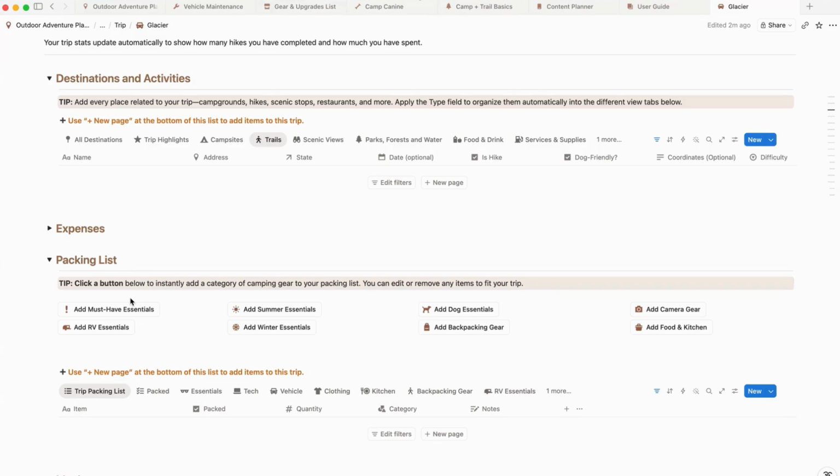And the packing buttons are set up to automatically fill once you press a button. And I tried to think about the most common things that you'll pack, whether it's for an RV trip, a backpacking trip, if you travel with your dog, there's a dog list. So let me show you how this works. So we'll pack, no matter whether you're taking a backpacking trip or an RV trip, you're going to want these things,